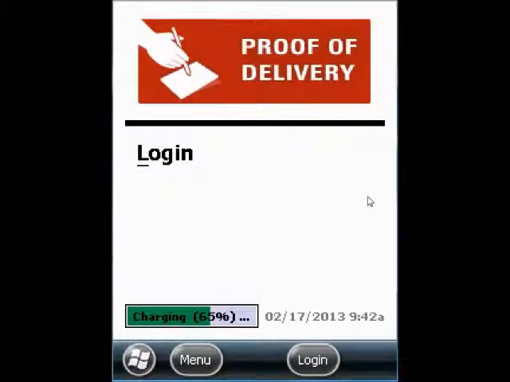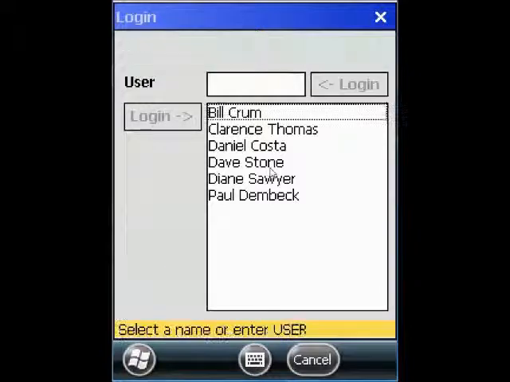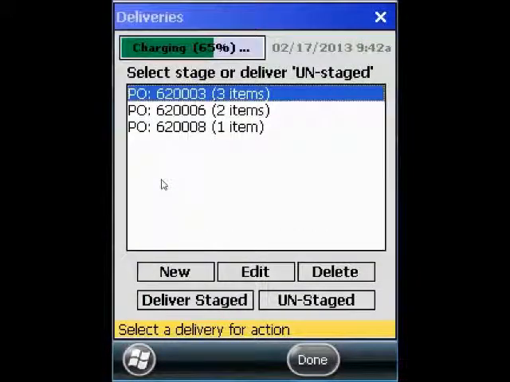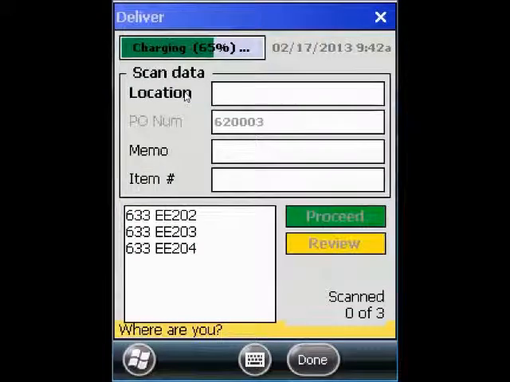And the delivery guy is going to actually make the delivery, so he would log in. Dave Stone. So Dave notices as soon as he logs in that he's got 3 stages to deliver. So he clicks on deliveries, and he can pick which PO he wants to deliver first. First thing it's going to ask for is the location. So I have barcodes I can scan for location,